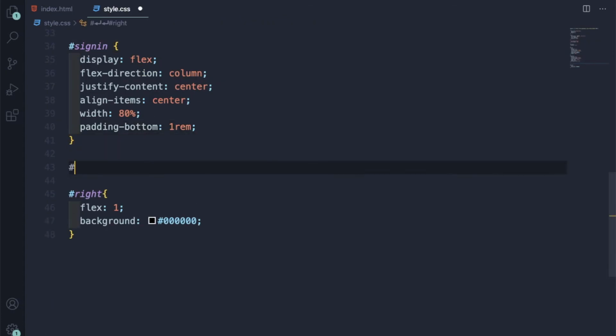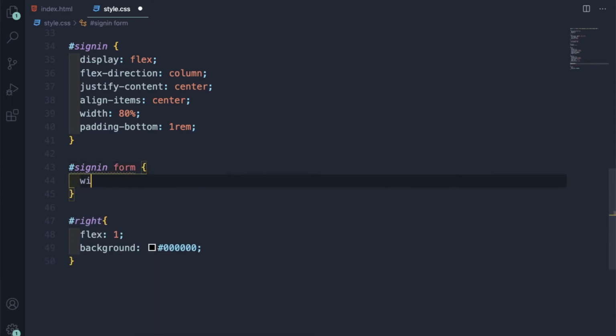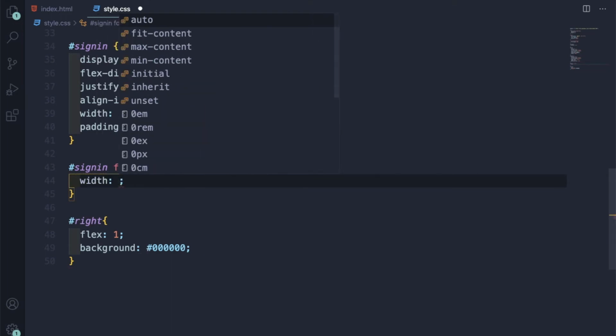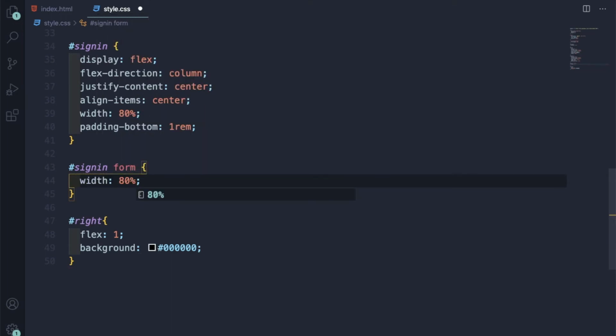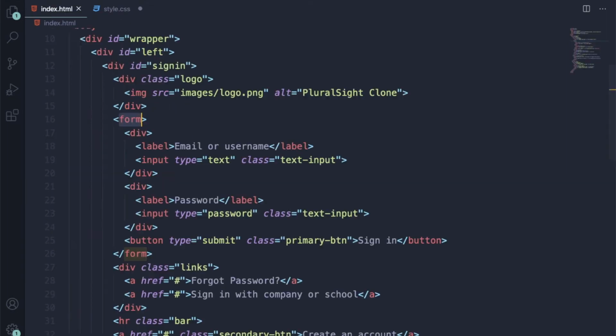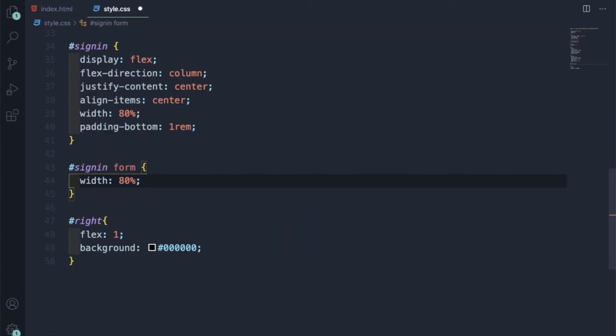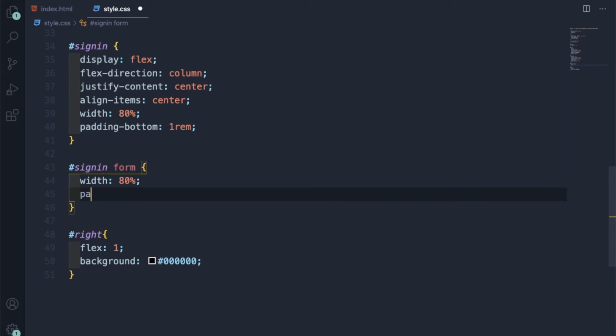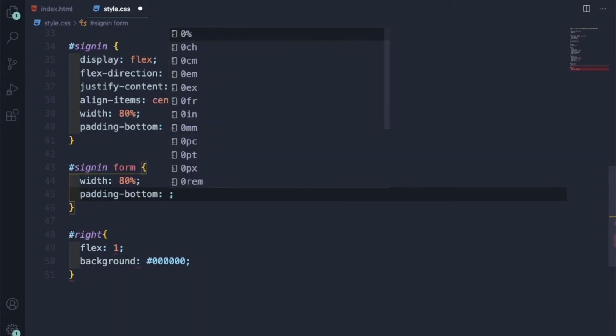Let me target this sign in form, width will be 80%. So this form contains our text box, password box, and the submit button. So it is 80%. Again, if padding bottom is there, it is 3 rem,